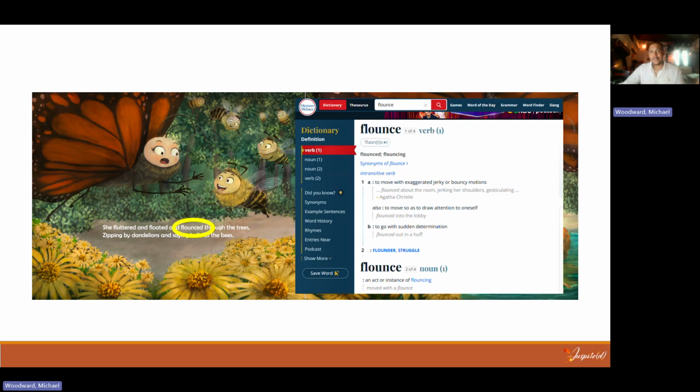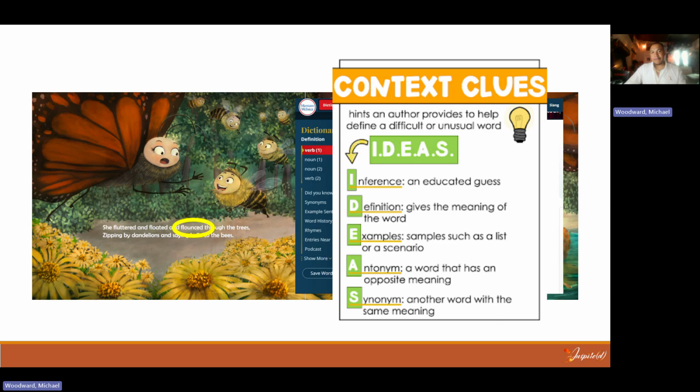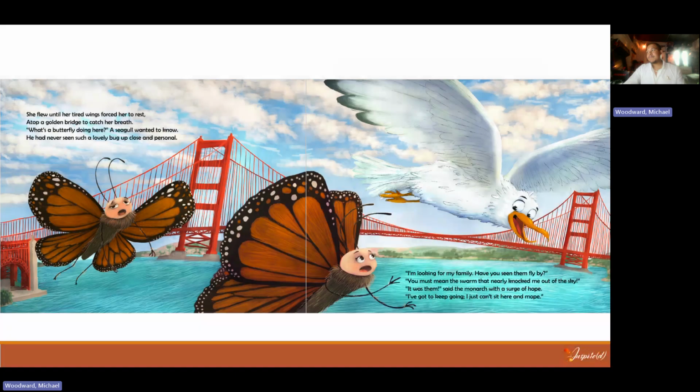Of course, we know the definition of flounce, or we can determine it using the context clues that I just shared with you. But we know it's to move with sudden determination, move vividly. So we remind them, all right, what context clues can we use to determine this unknown word? So now I'm giving a child several different indicators and things to look for to define this word. And I don't want to limit them to just the vocab word. Remember, in context clues, we're looking at before and after the word. So all the good stuff before and the good stuff after, we want it all because it'll help us determine what flounce means.